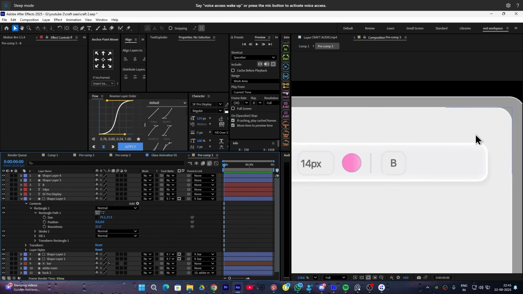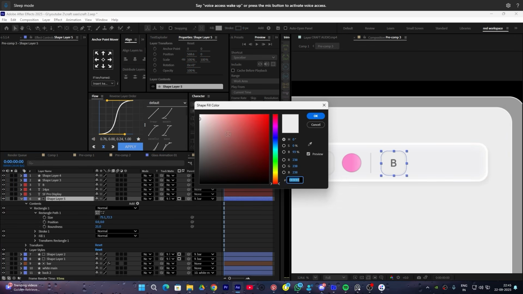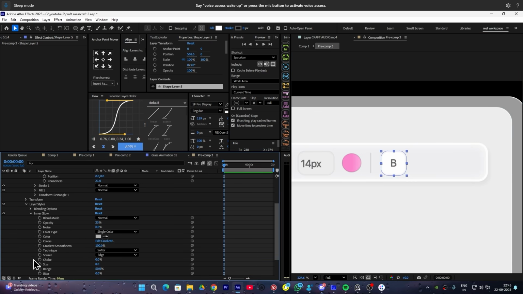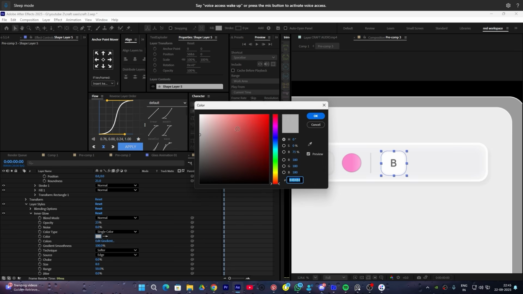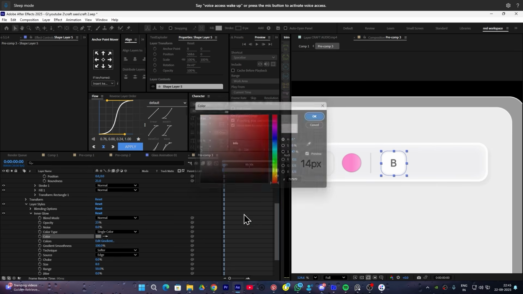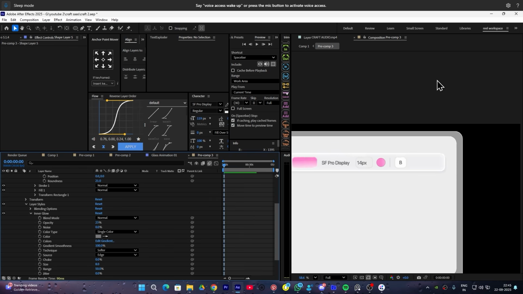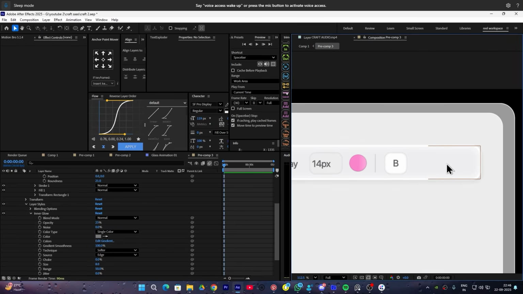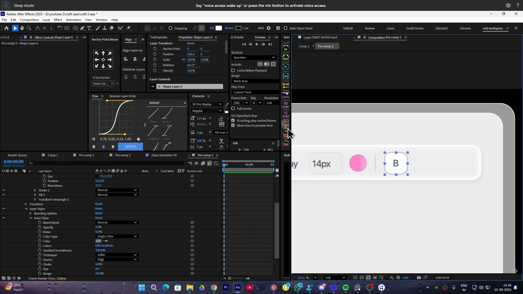Now select this shape layer and make its color fully white like this, and go to the layer style option and go to the inner glow option and simply change its color to dark gray like this. So it will add a kind of border in our shape layer. Alright, so duplicate this square shape layer like this and then move it right here,